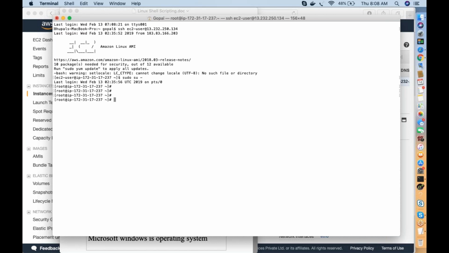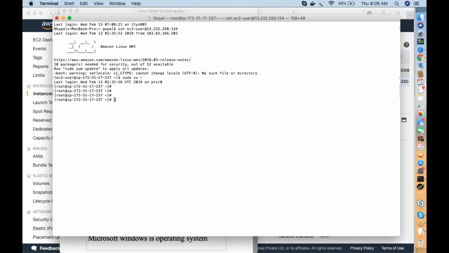When I want to write a script, what is a shell script basically? What does a shell script do? A shell script is a simple set of commands which we execute one by one. For example, you want to fetch the logs, or maybe you want to delete the logs in a file.